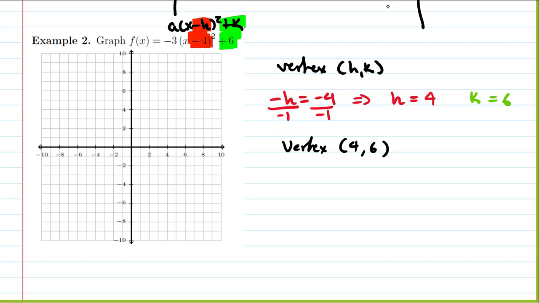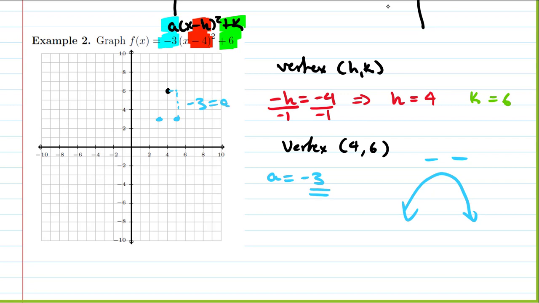So we go to 4, 6. We then check out our a value, and we get that our a is equal to negative 3. Well, negative says our graph is sad and it's going to open down, so I go over 1, but instead of going down 1, I'm going to go down 3. So over 1 down 3, left 1 down 3,